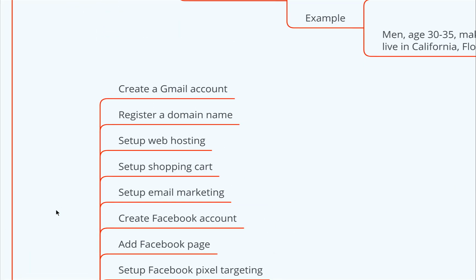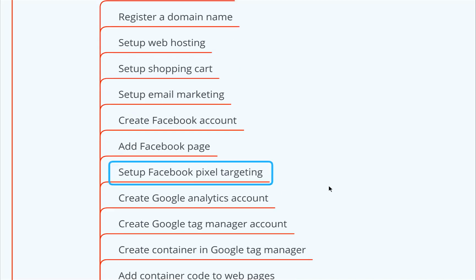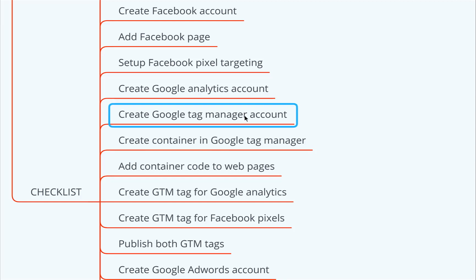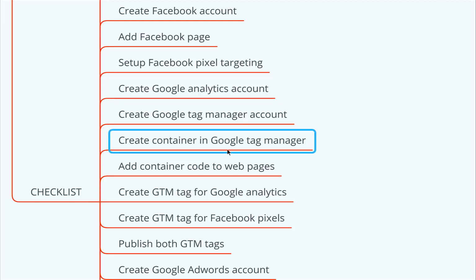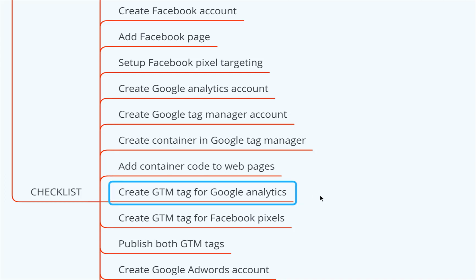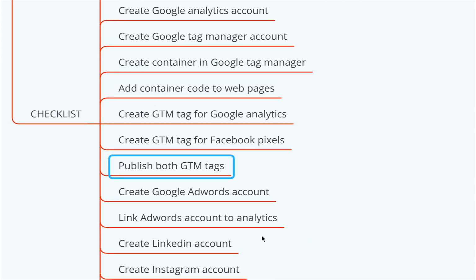Next, so, a checklist from what we have covered. First, create a Gmail account, register a domain name, set up web hosting, set up shopping cart, set up email marketing, create Facebook account, add Facebook page, set up Facebook pixel targeting, create Google Analytics account, create Google Tag Manager account, create container in Google Tag Manager, add container code to web pages, create a Google Tag Manager tag for Google Analytics, create a Google Tag Manager tag for the Facebook pixels, publish both Google Tag Manager tags,